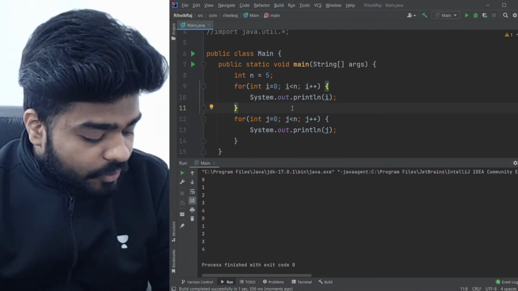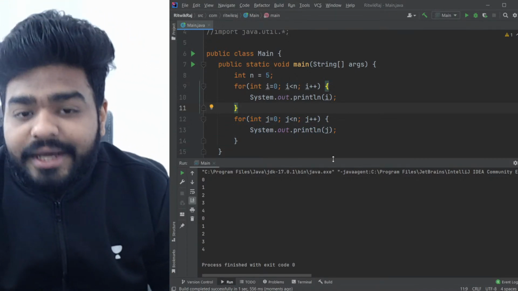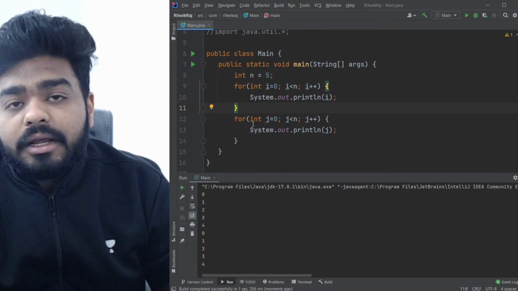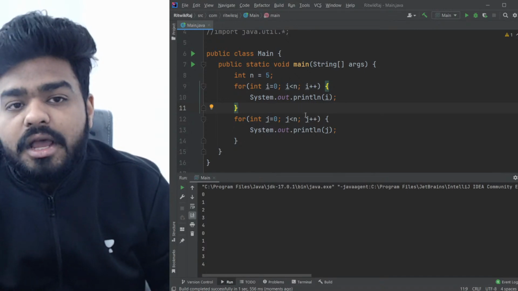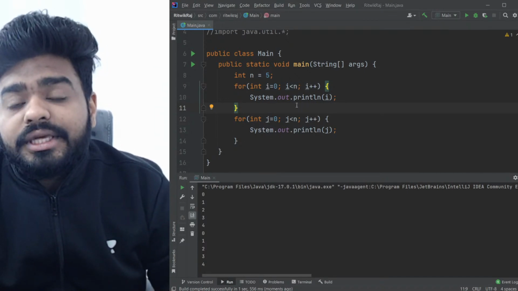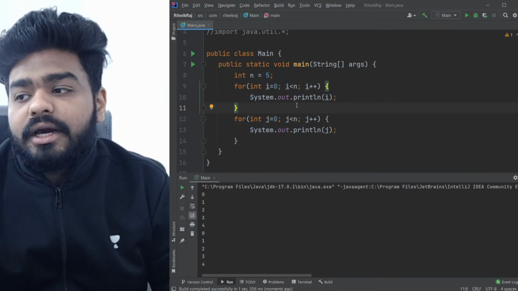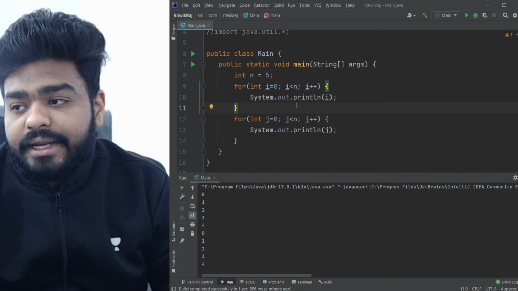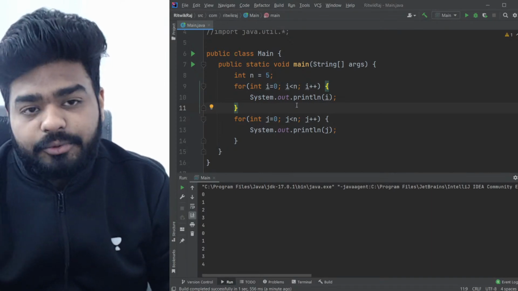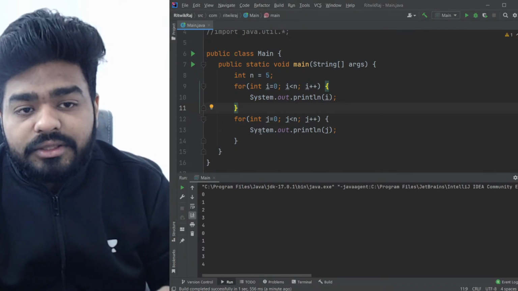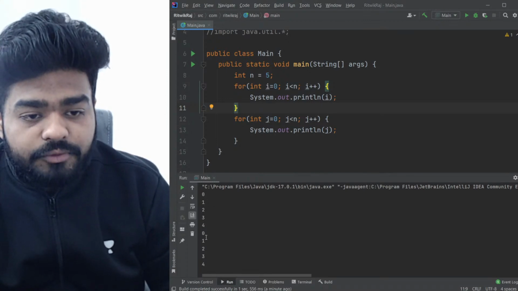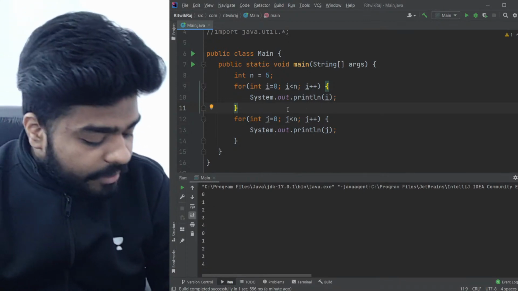Now, what we are going to do? We are going to change this code again. See, I am doing some changes in the code, right? Because I want you to see every step how we are going to reach the level where we are basically trying to get the output of the pattern program. So right now we are in this stage. We have got 0 1 2 3 4 0 1 2 3 4, right? So now what I'm going to do,